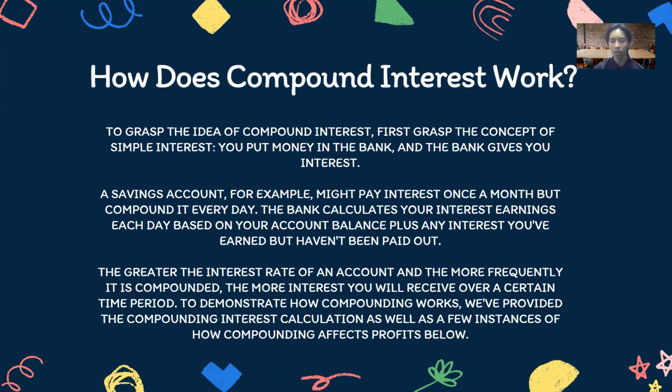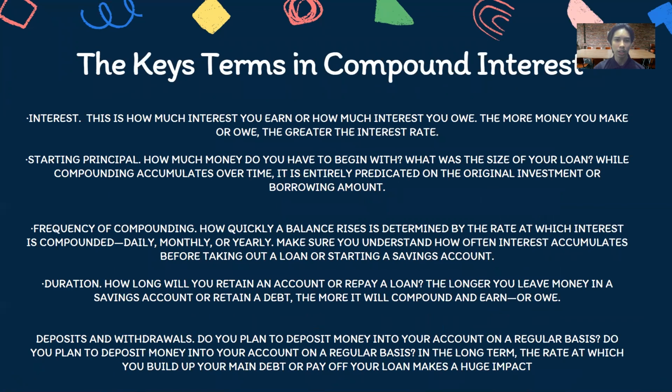To demonstrate how compounding works, we have provided the compound interest calculation as well as a few instances of how compounding affects profit below. Next are the key terms in compound interest. Interest: this is how much interest you earn or how much interest you owe. The more money you make or owe, the greater the interest. Starting principal: how much money do you have to begin with? What is the size of your loan? While compounding accumulates over time,